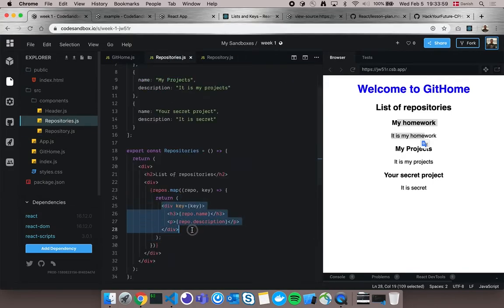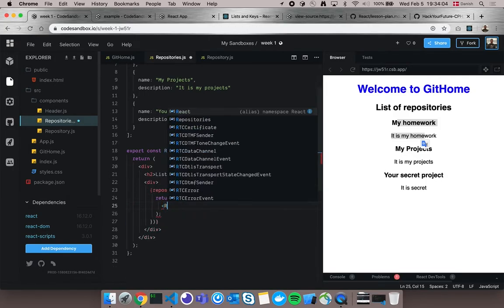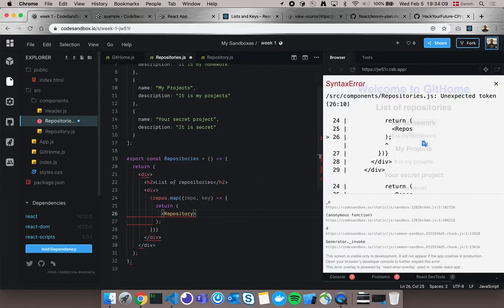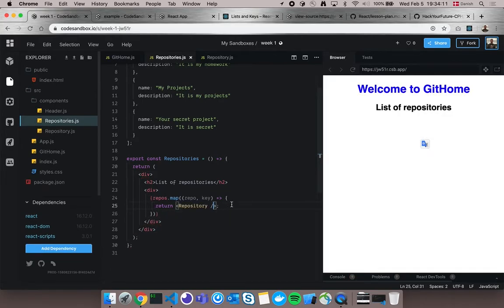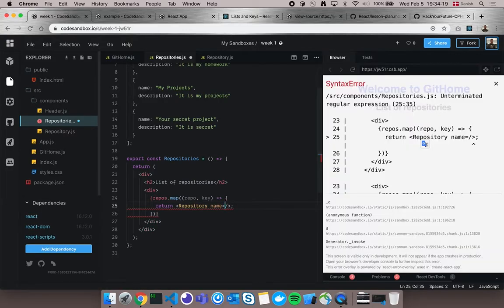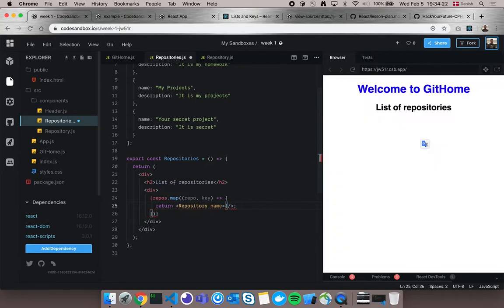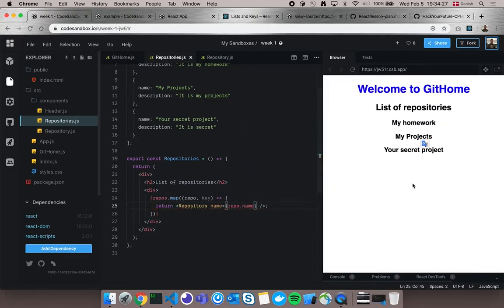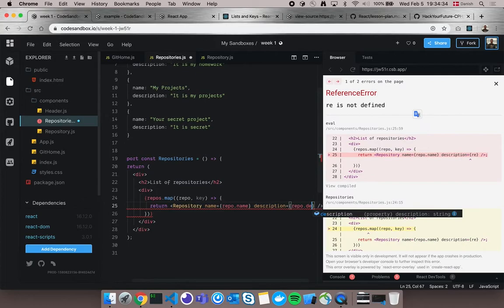So now in here we don't need to do this. What we can do is repository, and now we can pass name, because again in here we are still mapping, so we still have one object at a time. So now we pass repo.name, and now it should start. Yeah, there's already the name there, and description, repo.description,